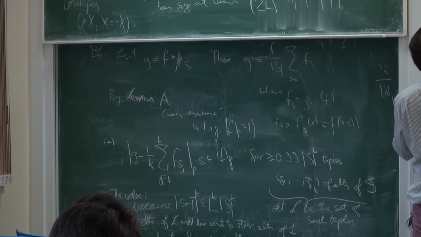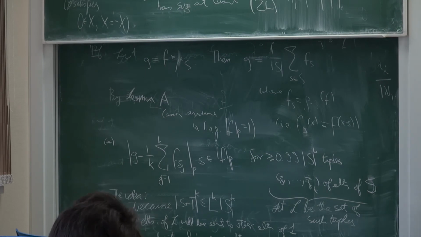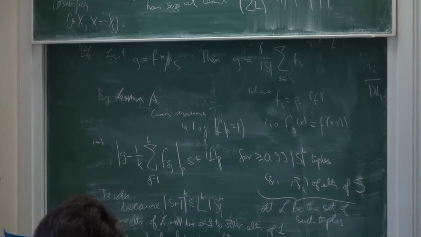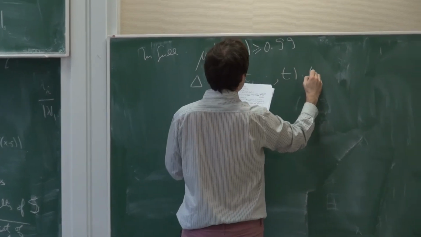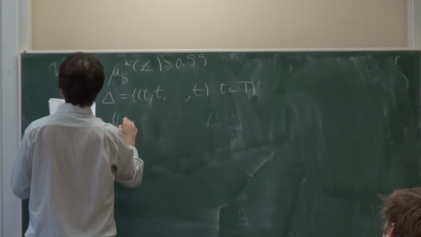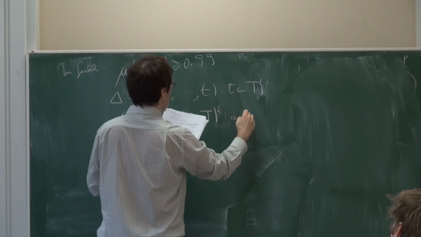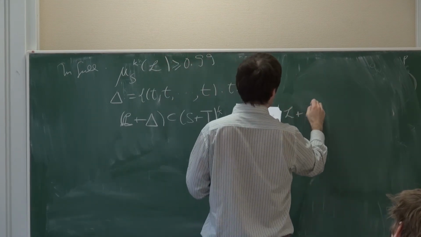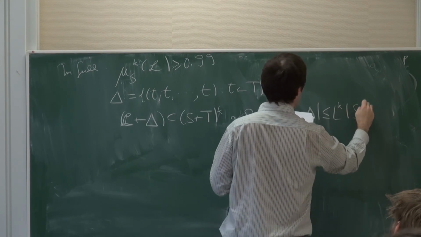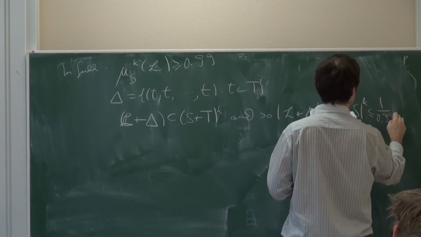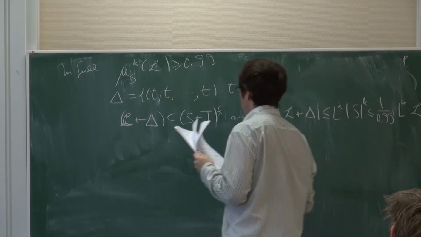So in full, B for diagonal, L plus diagonal is in S plus T to the K, and so L plus delta LK SK is at most 1 over 0.99 L to the K times big L. Thus,